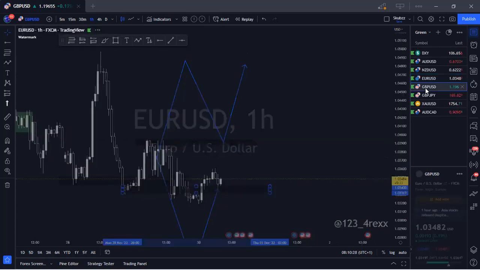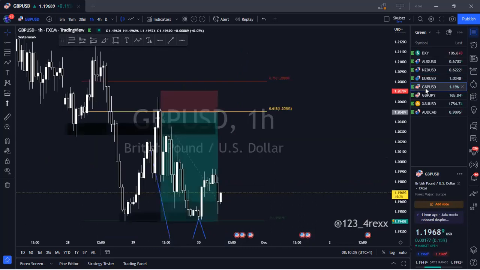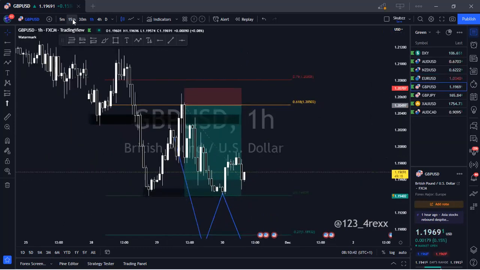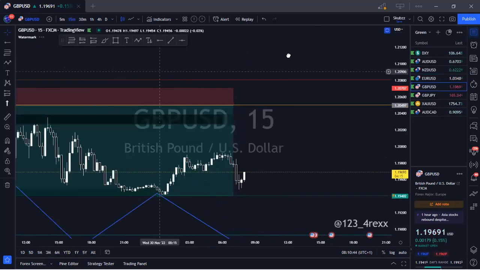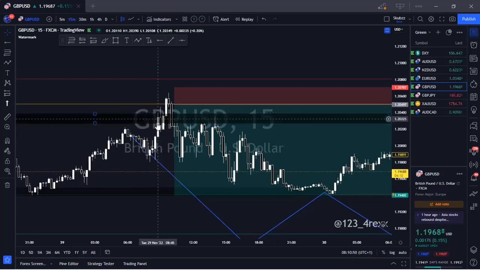Now, GBP USD was very wicked to me yesterday. If you drop to the 15 minutes, around the 0.6 Fibonacci, we had an entry. We did not tap into the 0.6 yet, it was around the 0.5, but then we're close to the 0.6. And then we created an entry criteria here, this big candlestick. And I was like, wow, we've created this entry criteria. There's no way price will break this very fat rejection candle. Next thing, boom, boom, two candlesticks came out of nowhere and cleared me out.